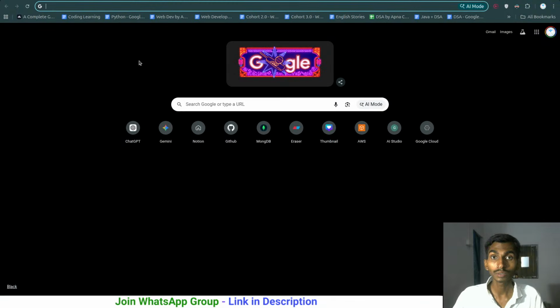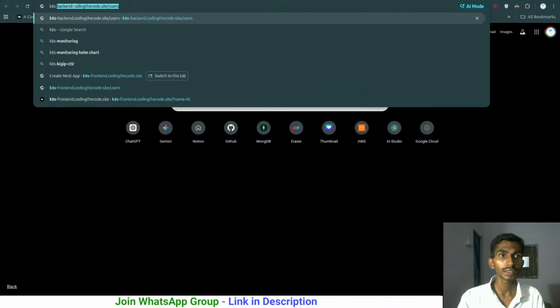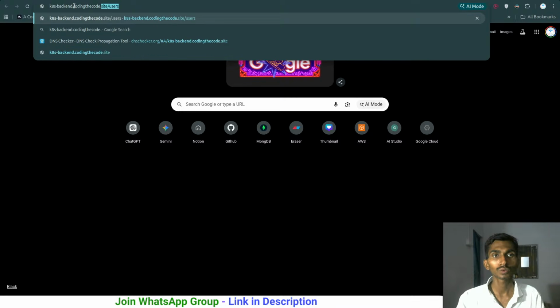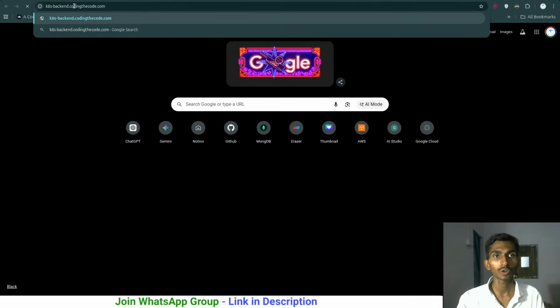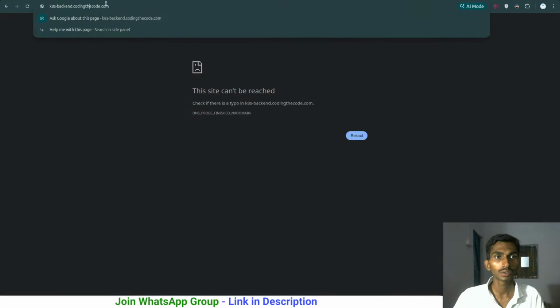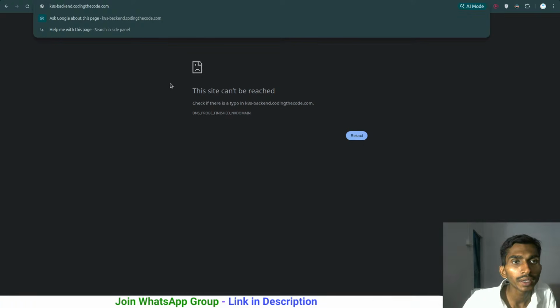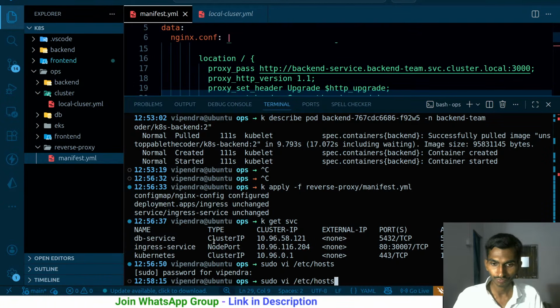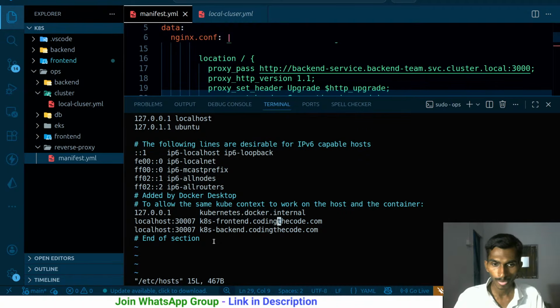So whenever I'm gonna be making a request to ktage backend dot codingthecode.com, so ultimately I have to just mention the localhost here. Let's remove this, just localhost should be enough. So whenever I'm making a request to this, it is sent to the localhost, and